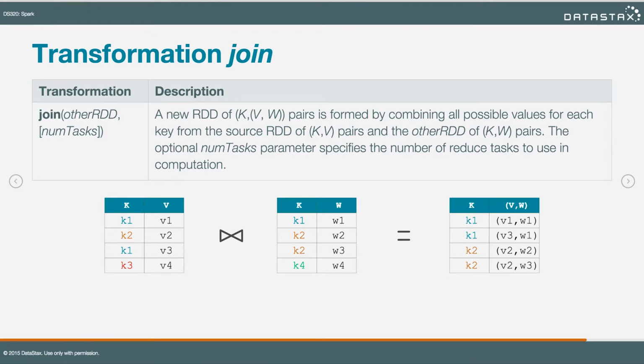And so there are, as a result, 2 rows in the output RDD where that value shows up. Likewise, there's a single K2 in the left-hand RDD. In the right-hand RDD, there are 2 K2s, and so we still get 2 K2 rows in that output. K3 and K4 are not common to the 2 RDDs, so they don't show up in the output,